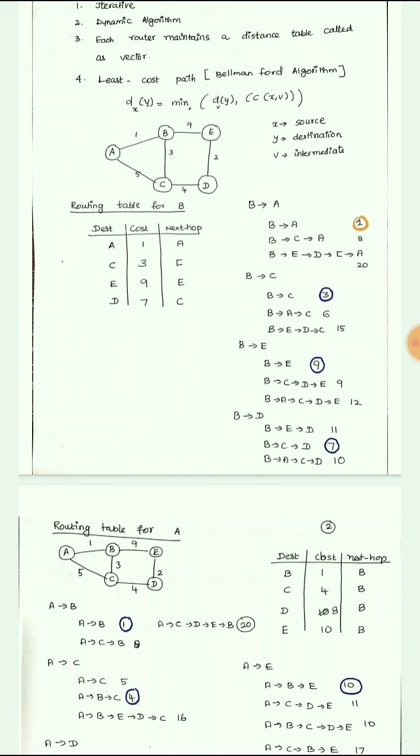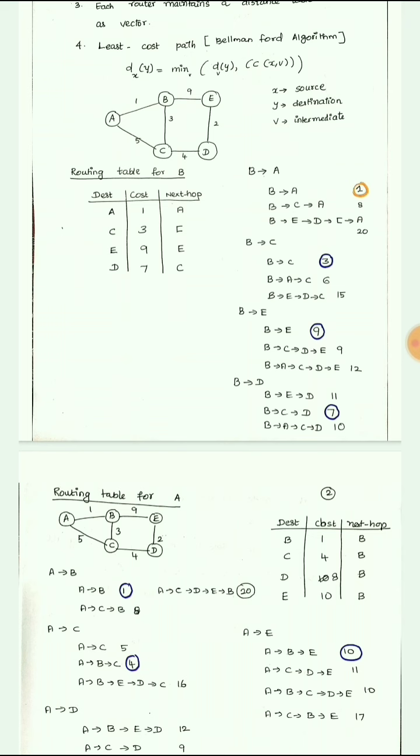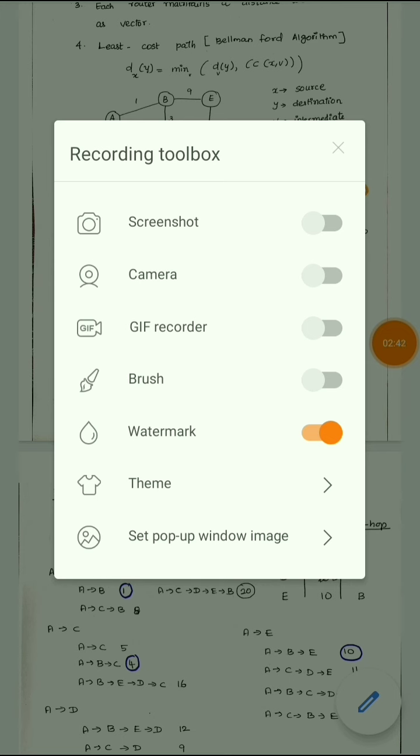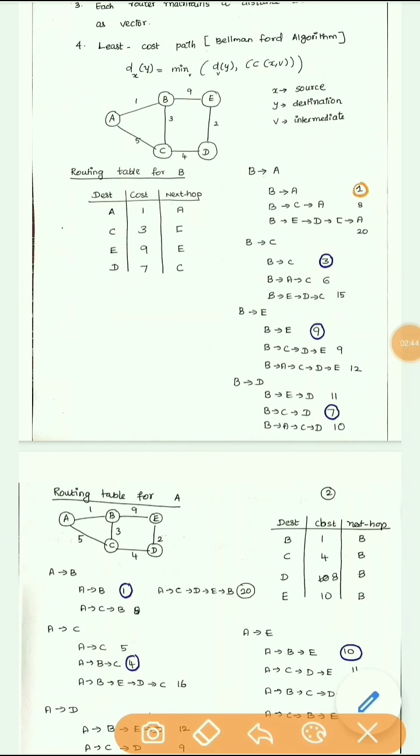So in this scenario, B can communicate with A, D, C and E. The cost of all the paths we are going to identify, then we are going to fill in the table. So first of all, the table is empty. So see here. First we are going to take all these destinations. So the destinations are A, C, E and D. The cost we need to identify. So from B, you have a direct link to A.